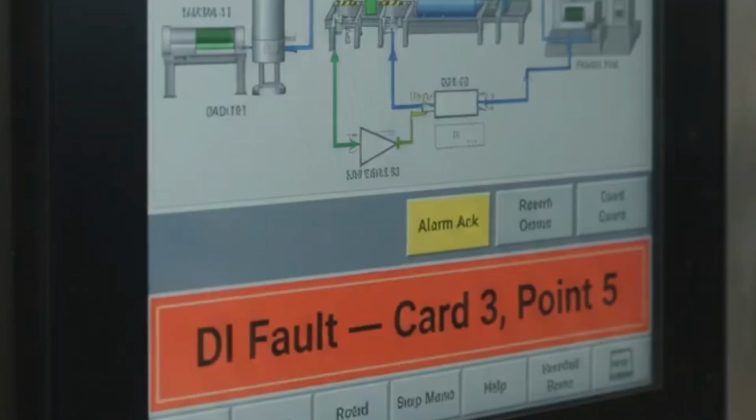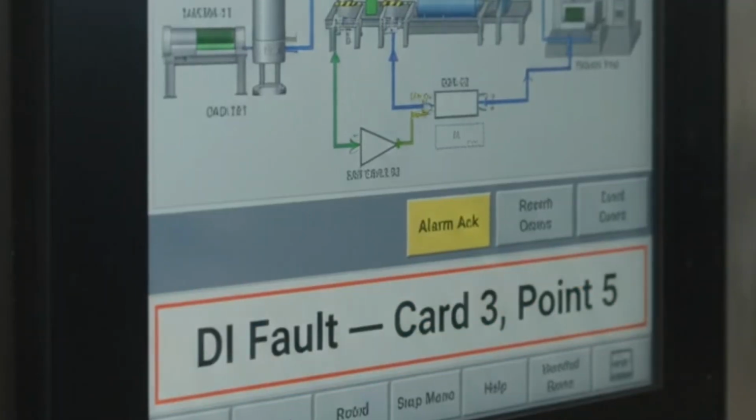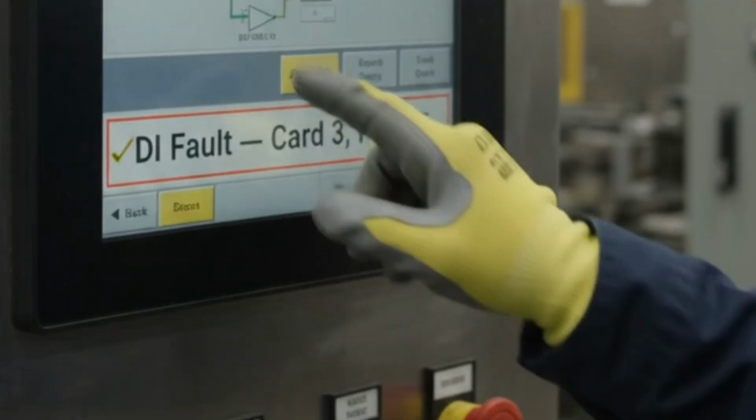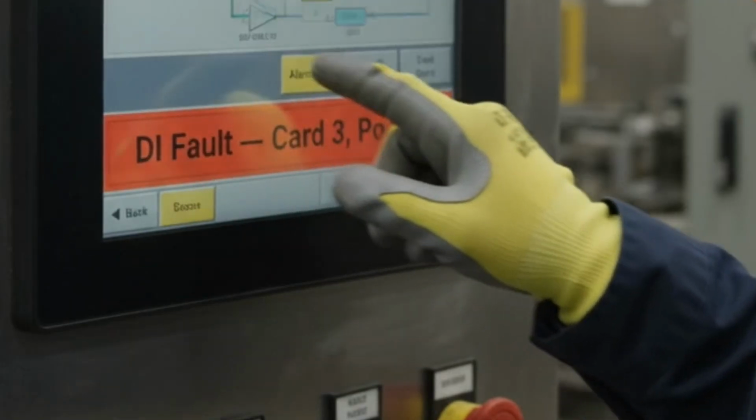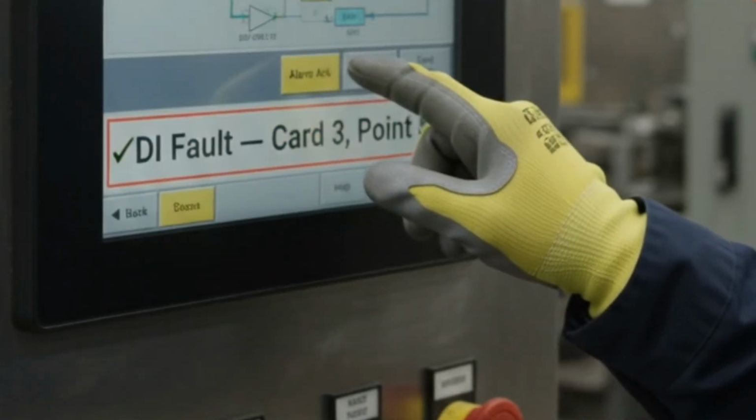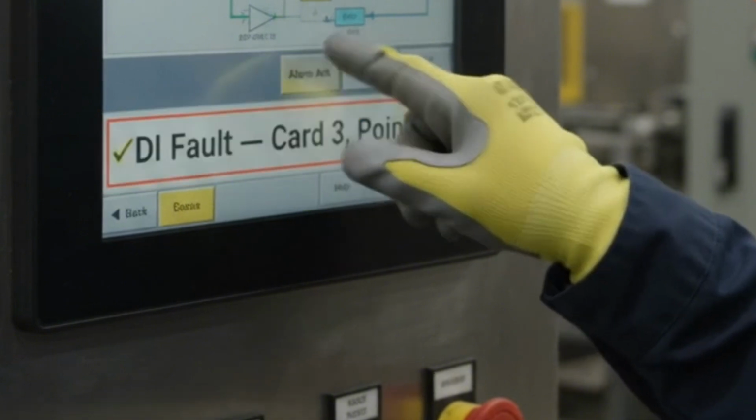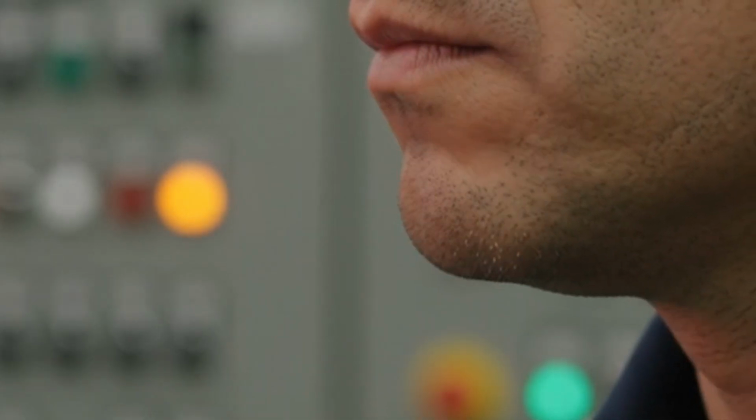A digital input card kept throwing nuisance faults. No pattern anyone could see, no consistent point, nothing showing on the trend that explained it. Most of this series so far has been building logic from scratch. This one's different. This is a real fault I traced, start to finish, and the fix wasn't in the ladder